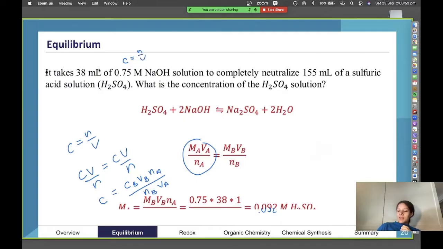So basically the steps here are that, out of C equals n over V for the base, we have our volume and also our concentration. So we rearrange to solve for n of the base. The number of moles of base equals the number of moles of acid at neutralization of the titration. So that n value is the same for the acid. Again, we want to find our concentration of the acid, so we sub in that n value from the base, and the volume we have is the 155 mL. So that's how we find our missing concentration. There are a couple of different ways you can approach that question, but that's the main gist of it.